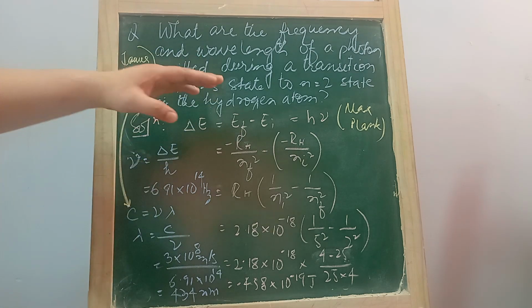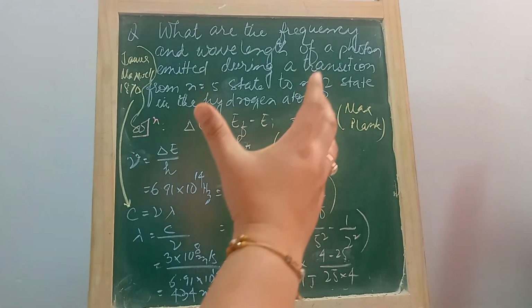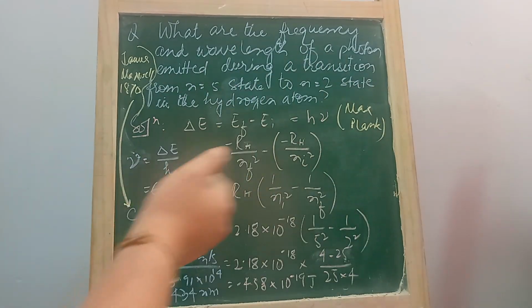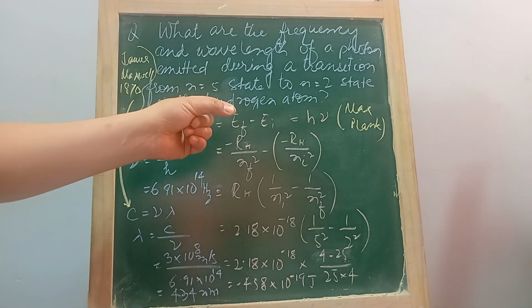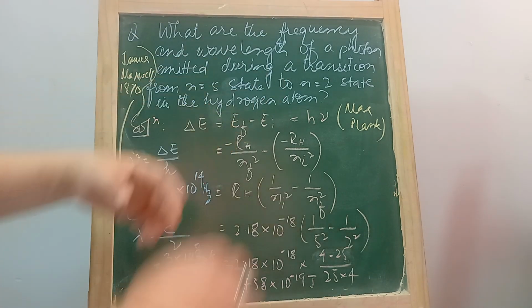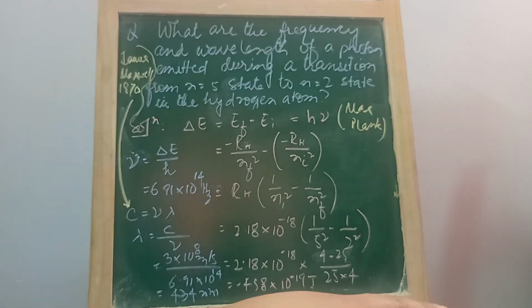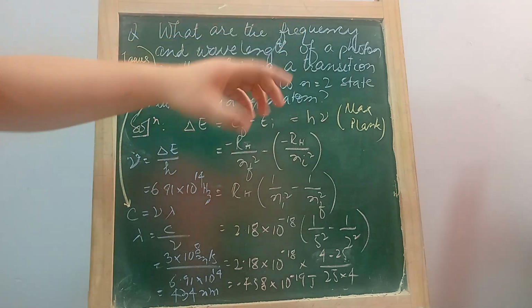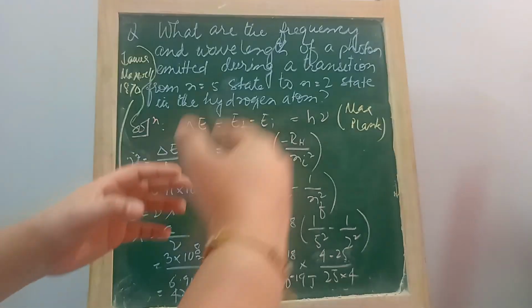So the electron was in the fifth state, where the quantum number is 5, and it comes back to the second state, the n equal to 2 state. While doing that, some amount of energy will be released in the form of electromagnetic waves. We need to calculate the frequency of the electromagnetic wave that is released, because the electron will have more energy